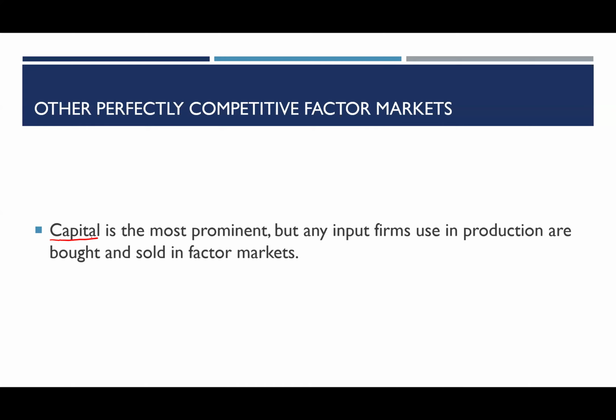If we focus on capital, we can draw the firm's demand for capital. It's also going to be that marginal revenue product, but it's going to be for capital instead. And it's going to be showing us the relationship between the amount of capital hired and the rent, right? That's the price for capital. And we can find that marginal revenue product of capital by multiplying the marginal product of capital by the firm's marginal revenue, right? Same relationships here. And if we were in a perfectly competitive market, that price for capital is going to be constant, just like the price for labor is. And the intersection between our two curves gives us the optimal amount of capital hired.